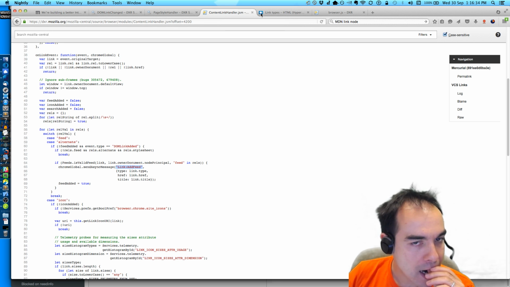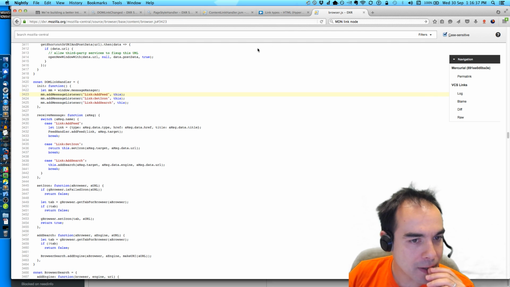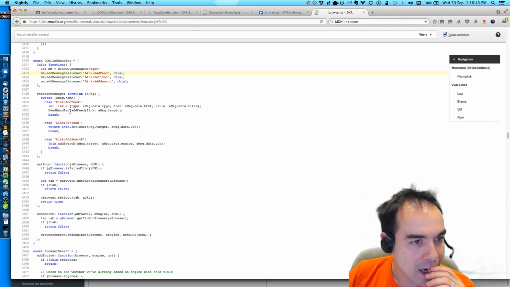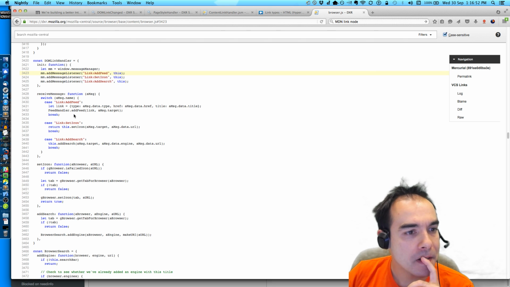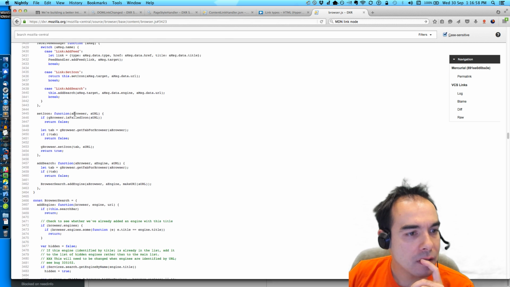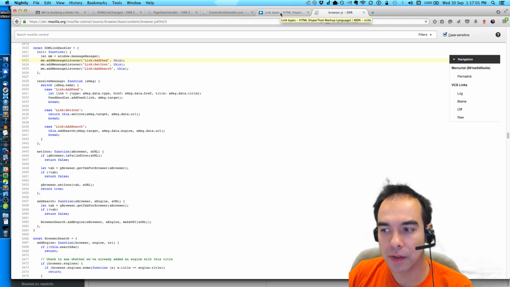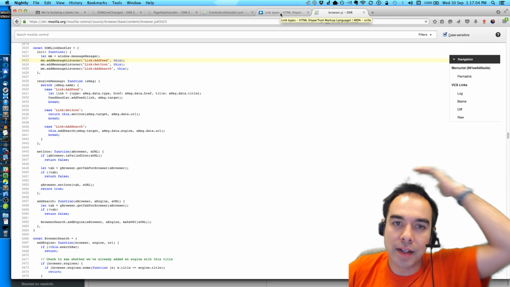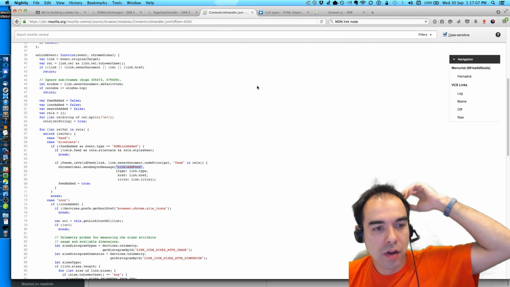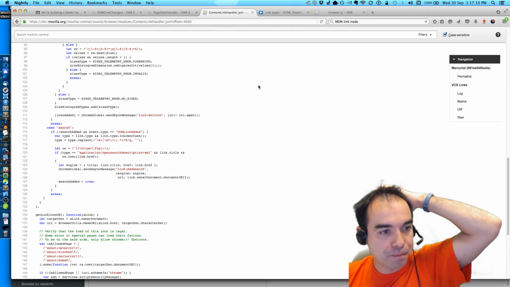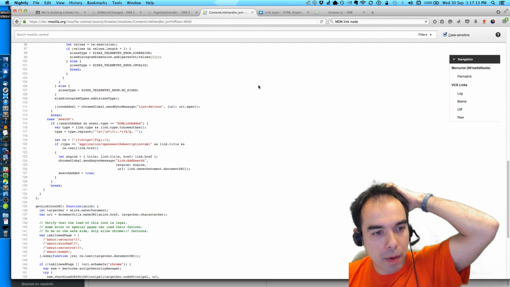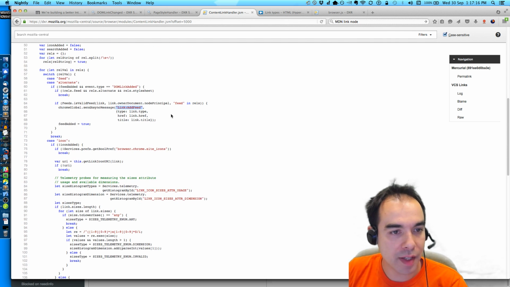Okay. Why the window message manager? Alright. This add feed. Maybe it has something to do with the fact that Places wants to be able to know about various feeds on different pages. I have no idea. I'm not entirely sure, but I think it is orthogonal. But maybe we can do something similar here. So I want to know more about how these events work.